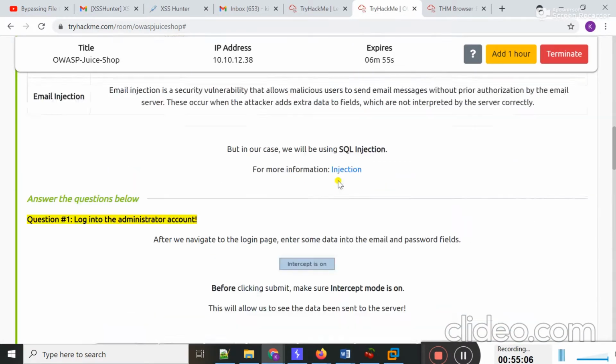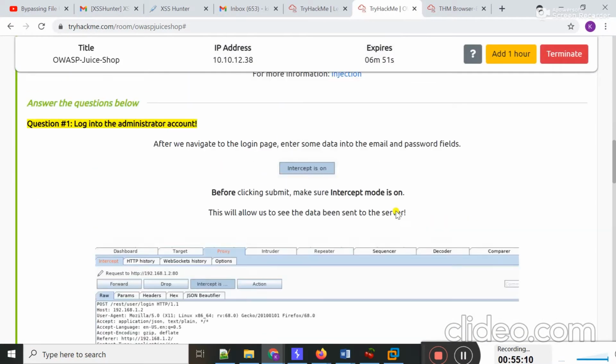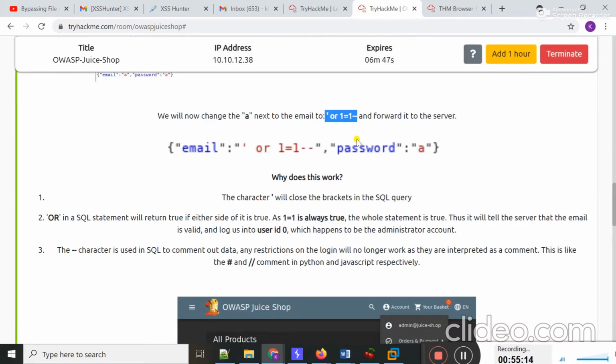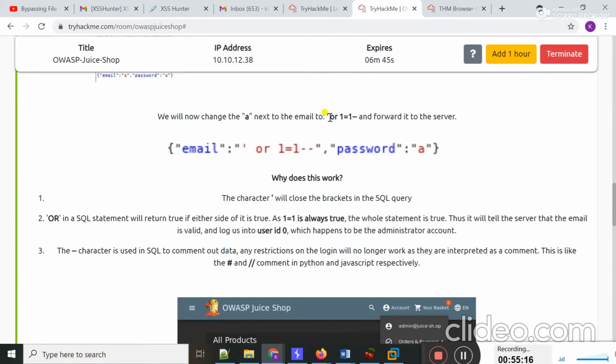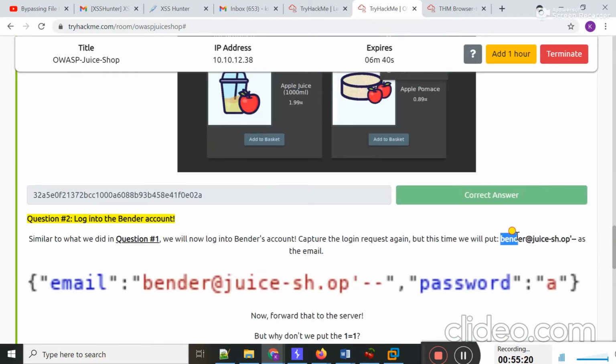In this lecture, you also learned about different SQL injection payloads, that is this one, single quote or hyphen, how you can actually bypass the login page by using this payload. You can also learn how to bypass login. If you know the email ID, then you have to use this login page.